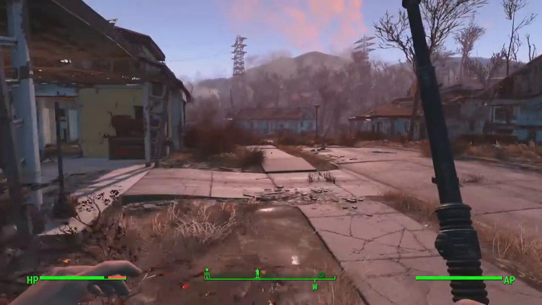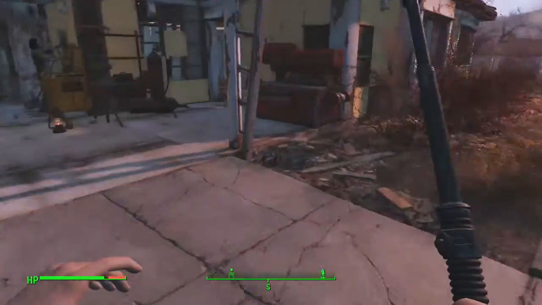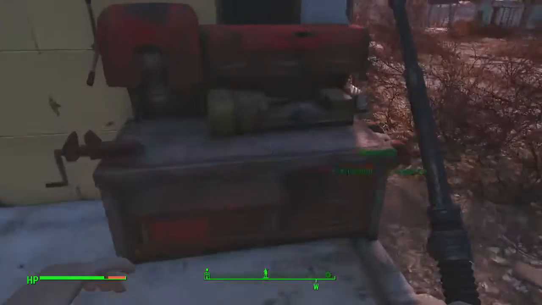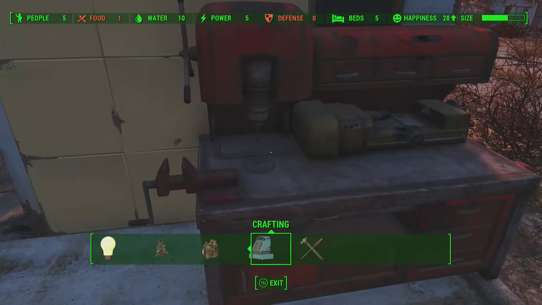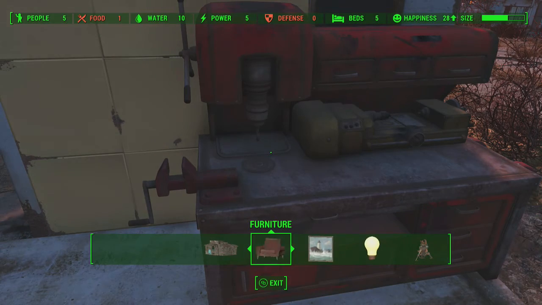I'm here with a Fallout tips guide showing you what to do when you first come into Sanctuary and how you can get some better ways to basically make your first settlement. When you first click on the workshop, it can be quite confusing. There's lots of resources and things to build, and a lot of them will say that you can't build this, can't build that. Before you build anything,